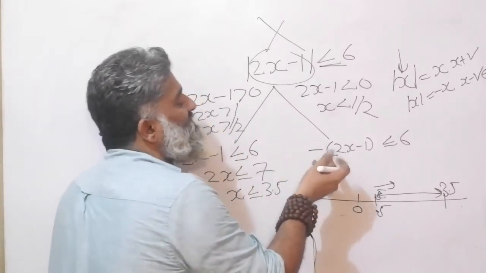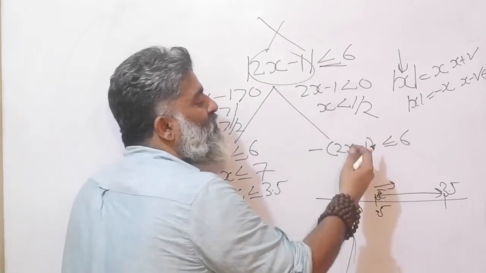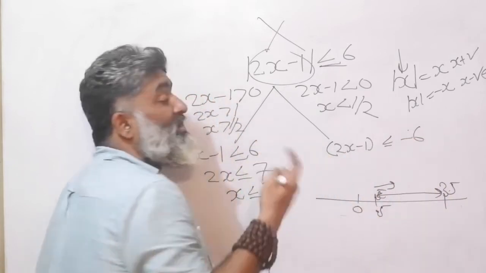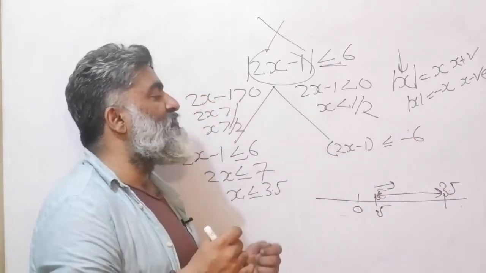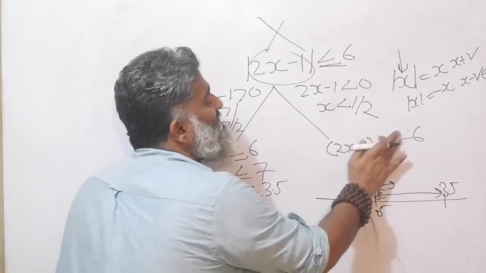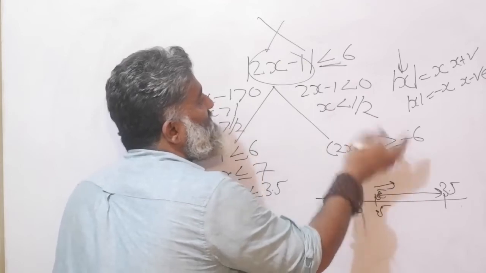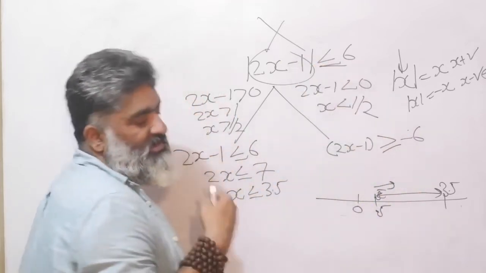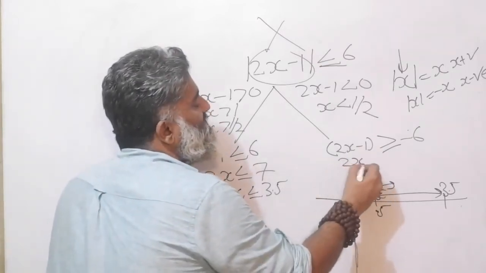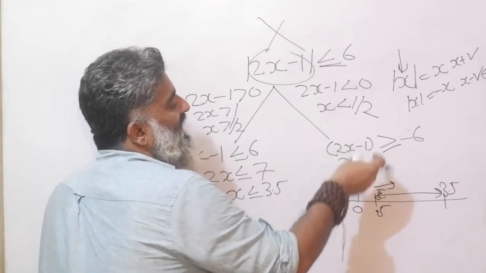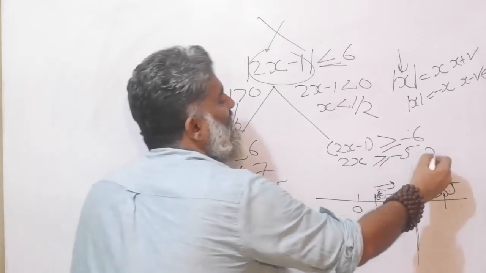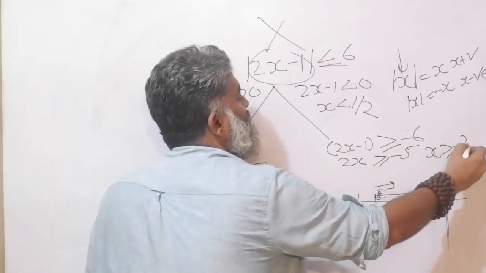Now let me simplify this. Let me multiply a minus 1 on both sides. So this minus will go away and this 6 will become a minus 6. But this is again I have to pay attention to, I know this rule. If I am multiplying an inequality by a negative number, the inequality sign changes. From this direction it will go to that direction. It will just go in the opposite direction, right? And now I can work this out. 2x, I want to get rid of this minus 1. I'll add a plus 1 on both sides. So I will get a minus 5. Solve this, you will get x is greater than equal to minus 2.5.